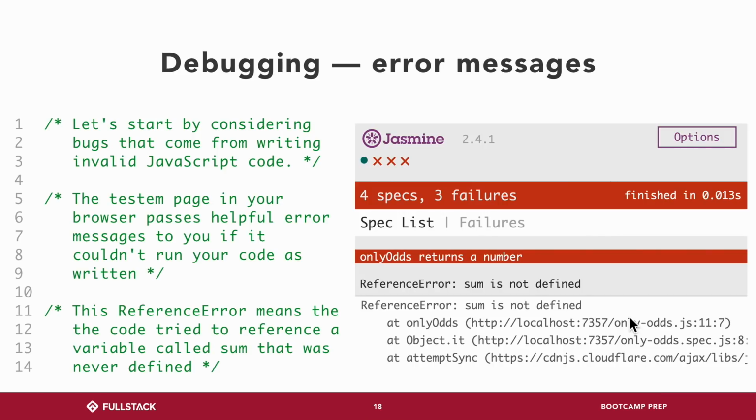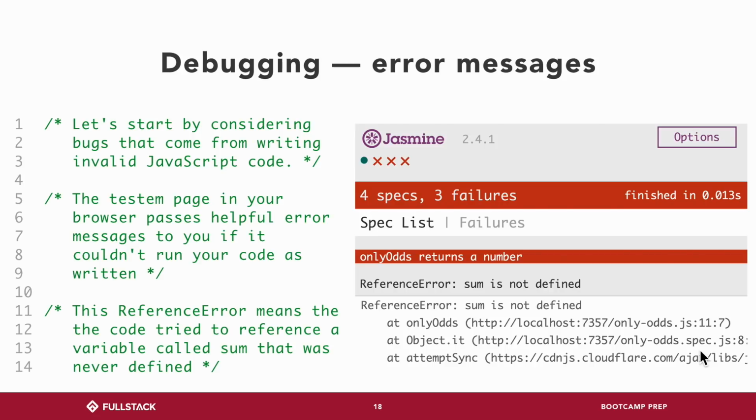So at the beginning, oftentimes I find people get really intimidated by these, because it's like 50 lines of very cryptic information and you have no idea how to really think about it. So the way I think about this is, look initially for files that you're working on. Here I see at attempt sync, cdnjs.cloudflare.com. I didn't write anything on cloudflare.com. I don't know what they're talking about. So I'm going to ignore this line for now. And I say, well, Object.it, that doesn't sound familiar. Oh wait, this is in a file called